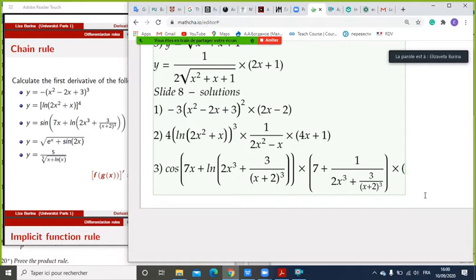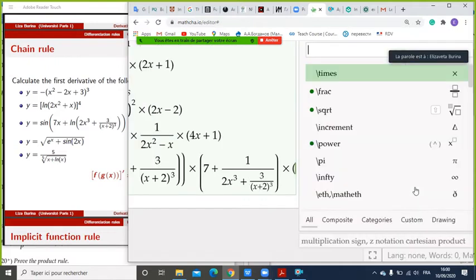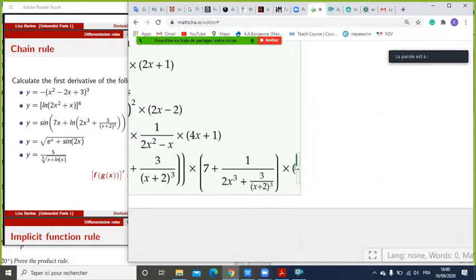And the derivative of inside the log, so the derivative of this is, let's see, it's another fraction. And another fraction will be 6x squared